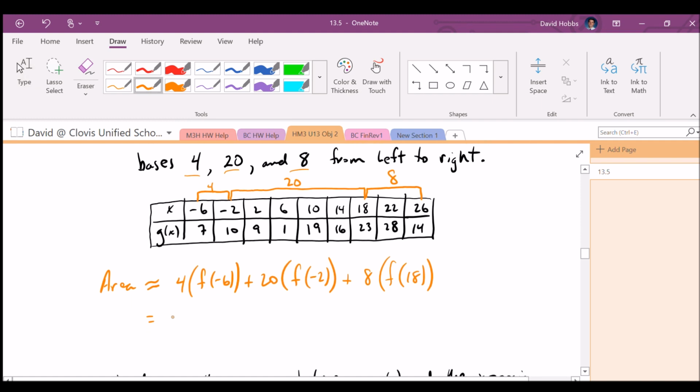So we've got 4 times, well, f of -6 is 7, f of -2 is 10, and f of 18